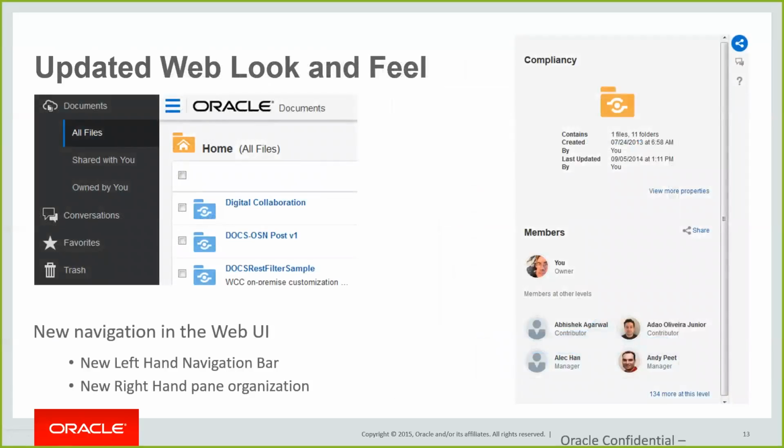In the Oracle Documents Cloud Service web application, a couple of things were changed. The navigation menu was completely changed to accommodate the new Sites Cloud Service. This is going to be tightly integrated